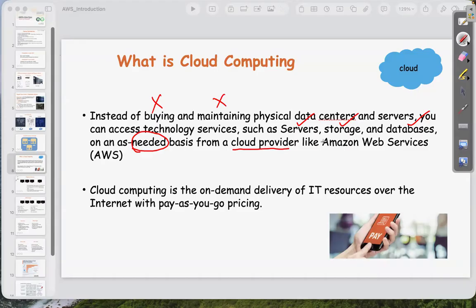From where? From a cloud provider like the Amazon Web Services, AWS platform. You no need to buy the servers or maintain them in your office.